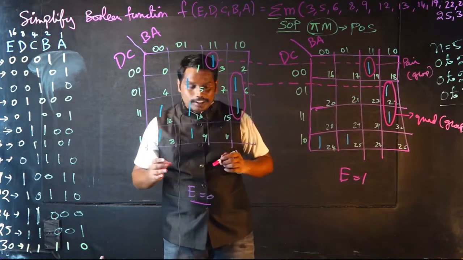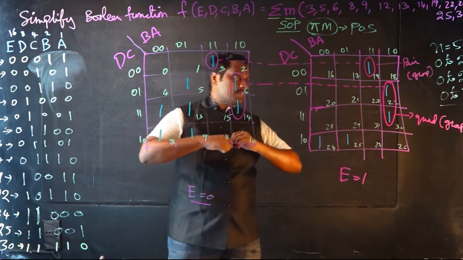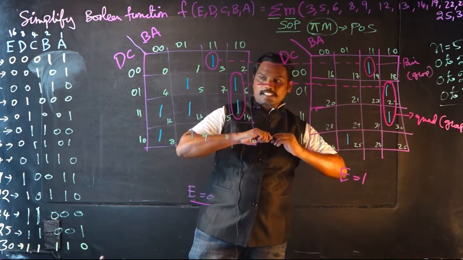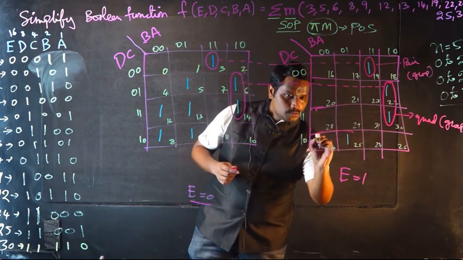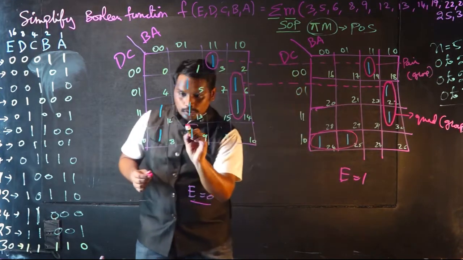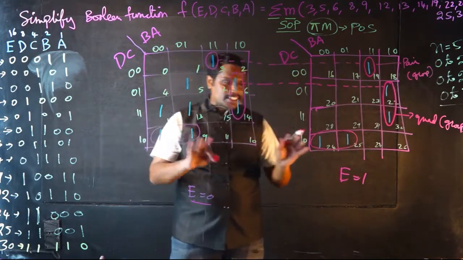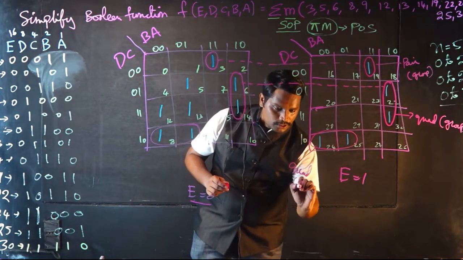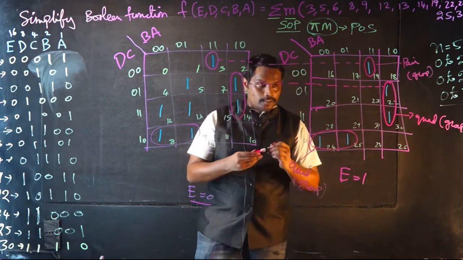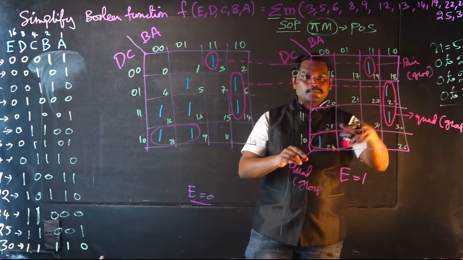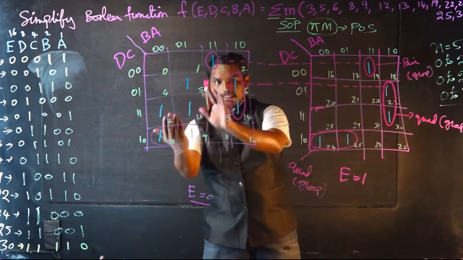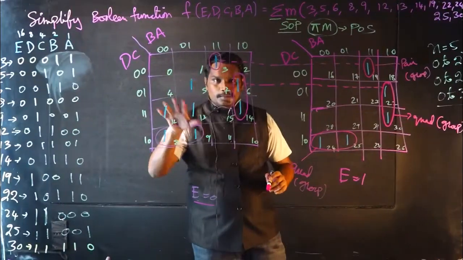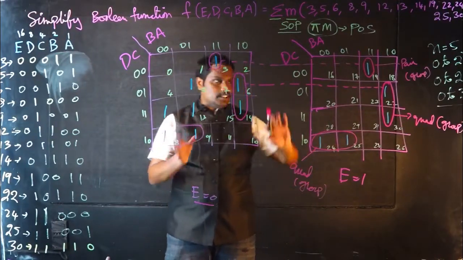Now coming to these positions. You can see here that these 2 and these 2 of both the Karnaugh maps are in the same position. So we call this a quad, and this is also a group. As of now I have taken 3 groups from this Karnaugh map which have the same positions in the other Karnaugh map. So these 3 groups are clear.